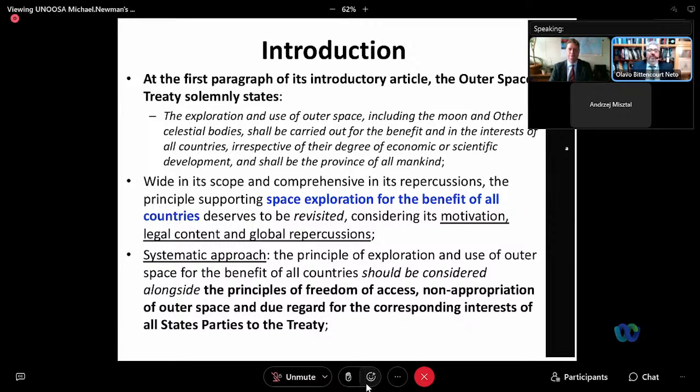The Outer Space Treaty principles provide the fundamental structure of the international legal framework applicable to the exploration and use of outer space. And those standards of appropriate behavior have been expanded by other international instruments and later even internalized by several states through domestic legislations. It's important to revisit those principles as we address important questions involving the exploration and use of outer space in the 21st century. This is why this capacity building event is so relevant nowadays.